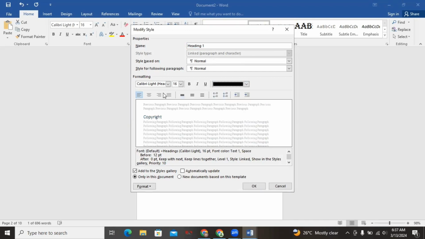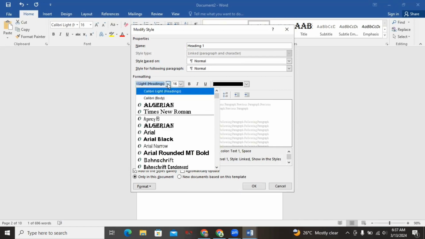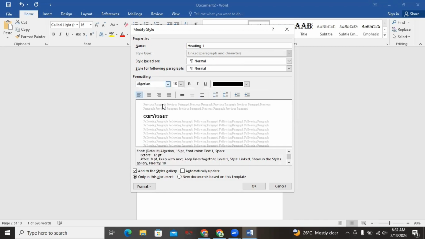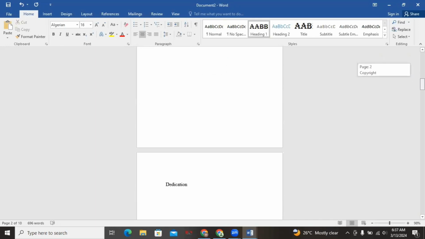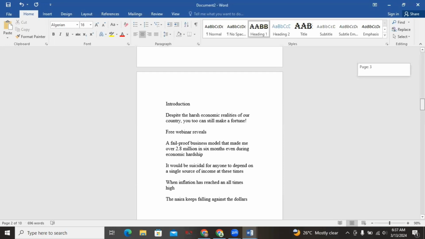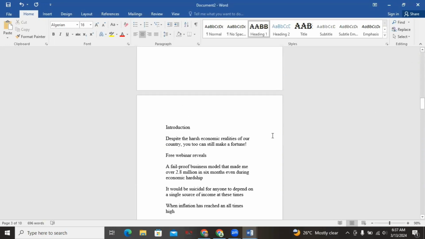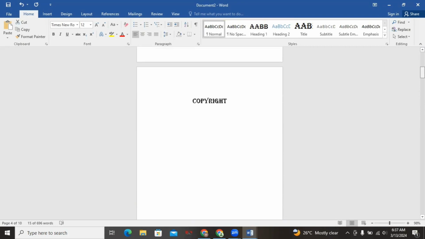I can do that. Then I also want to change the font style. Maybe I want to change it to Algerian. I would also do that, and then I'll click on OK, and then I'll come back here and I'll centralize it. All right, so to get a proper copyright text, you have to probably check it online, but I'm just going to copy this text here, and then I'll use it for our copyright. All right,